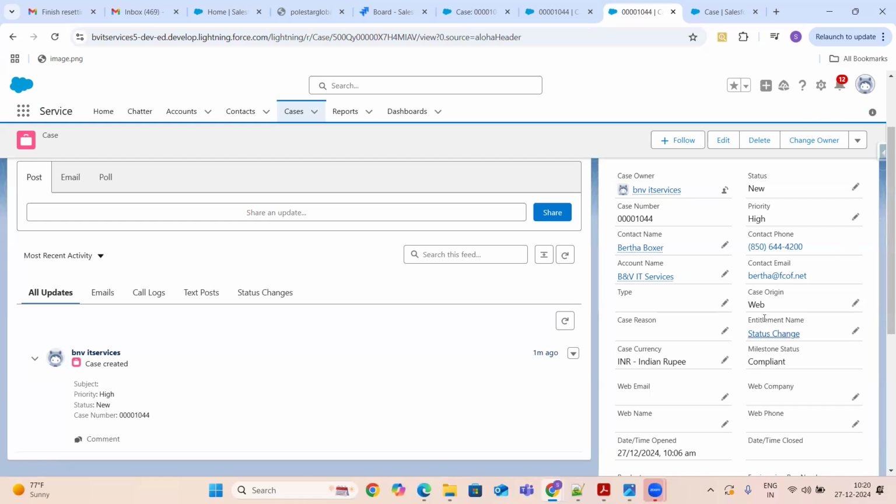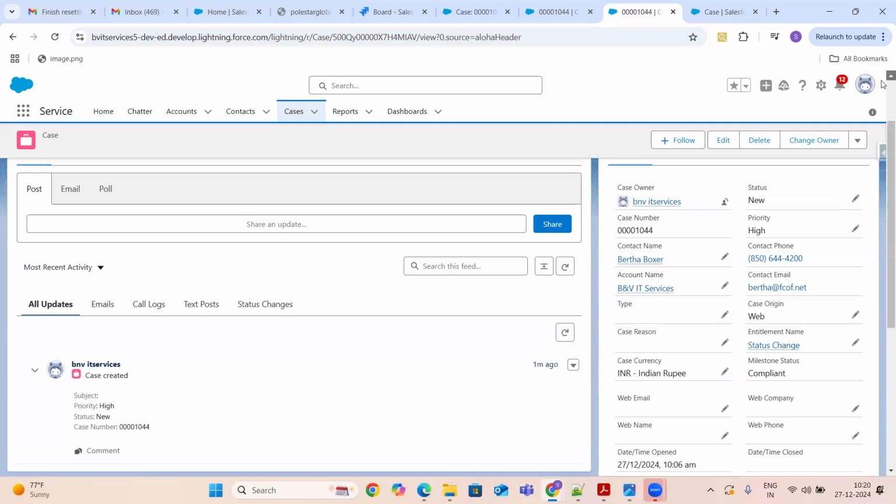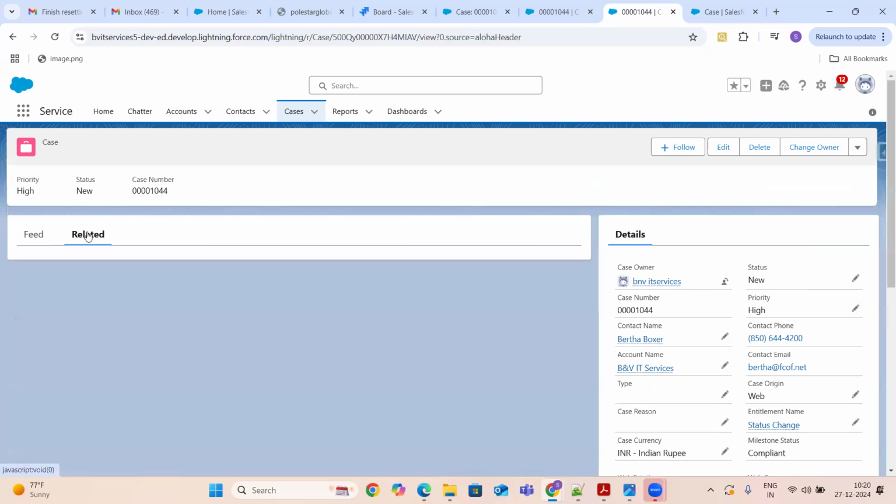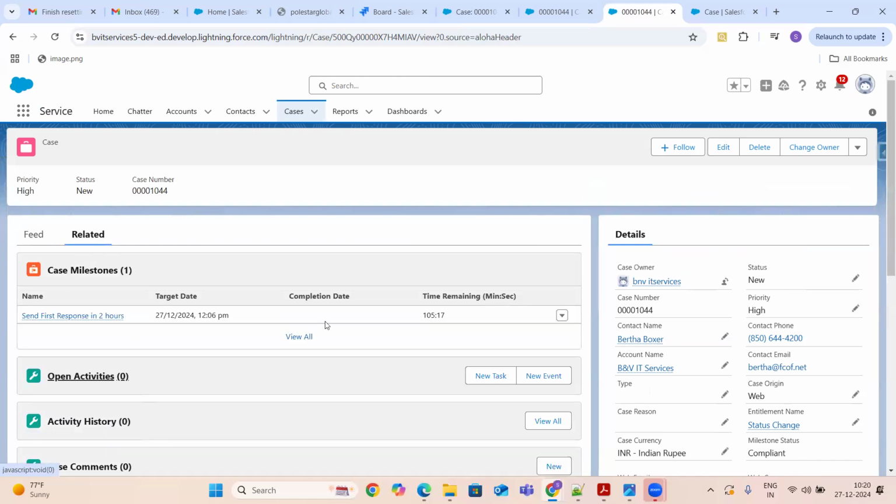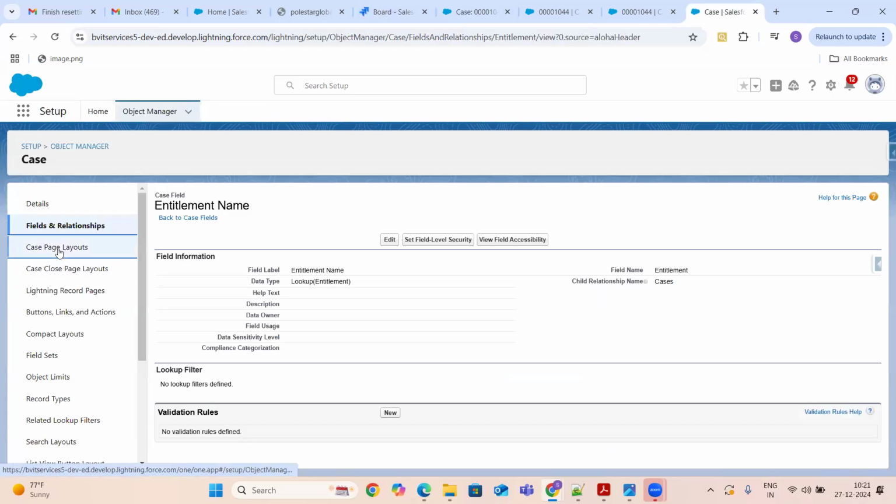So in the case right now, previously we couldn't see this entitlement name and all, but we can see it in Lightning experience also now. And from the related, we can see the milestone records. Okay. So basically, two things that you need to follow to verify the milestones: field level security, and the second thing is you just need to add those fields to your case page layouts.